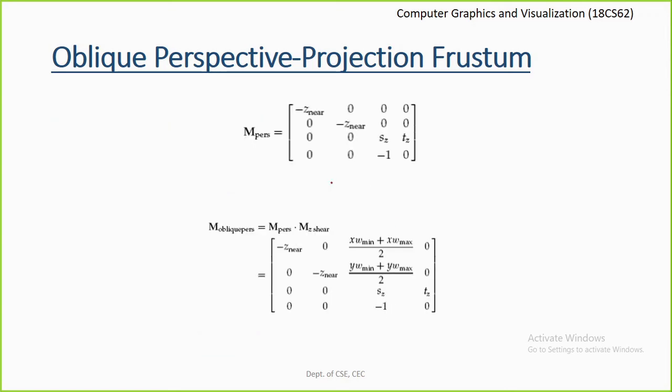Okay, so we need to consider two more matrices here. M perspective, which is given as minus z near, 0, 0, 0. Second row here is 0, minus z near, 0, 0. Third row we have is 0, 0, the scaling factors along the z axis which we discussed earlier, sz, tz. And 0, 0, minus 1, 0. So this is the perspective projection matrix that we need to consider,